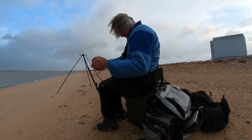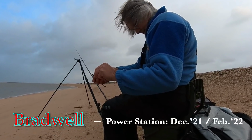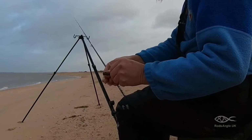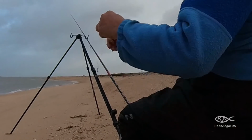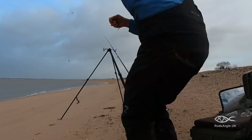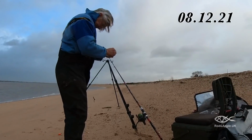I'm baiting up a 3-hook clip-down rig in front of Bradwell's nuclear power station. This is near the mouth and on the south side of River Blackwater in Essex. Many years ago I used to come here in the search of codling, but nowadays it's a catch-anything venue. By that I mean anything would be a bonus, but there are odd rays and bass here in the summer